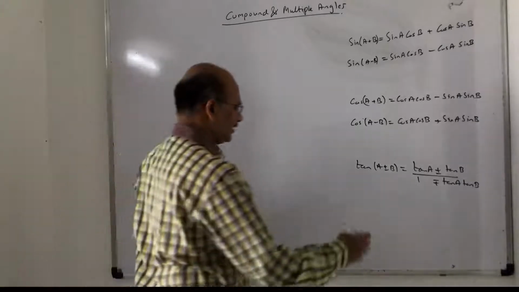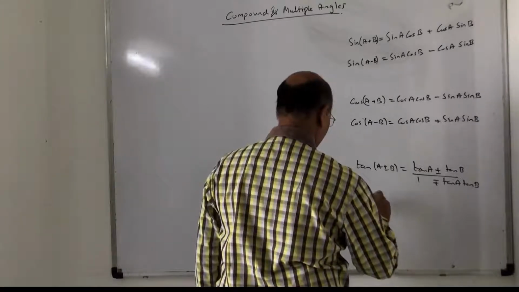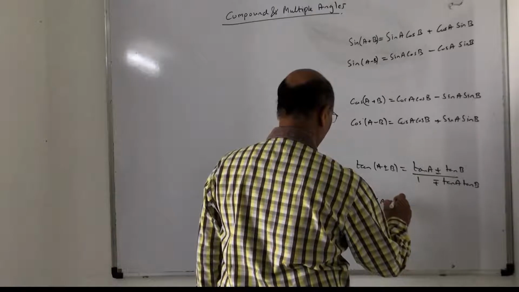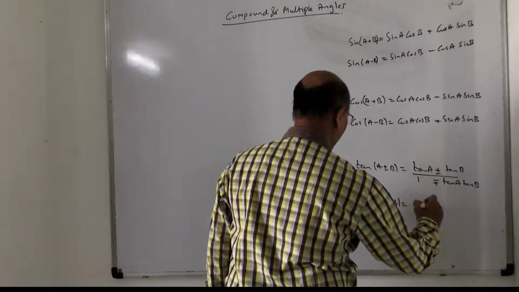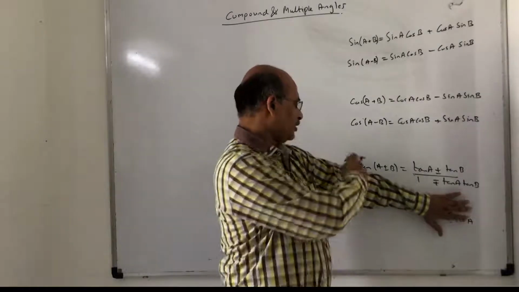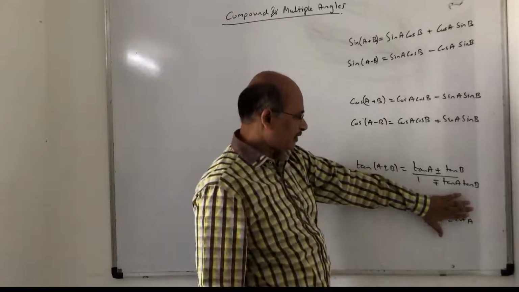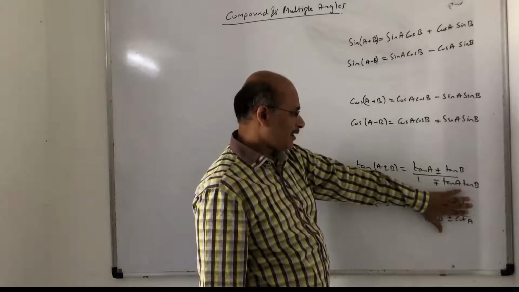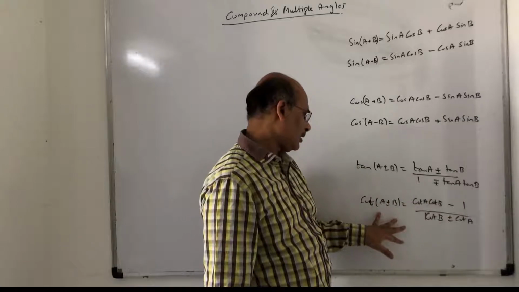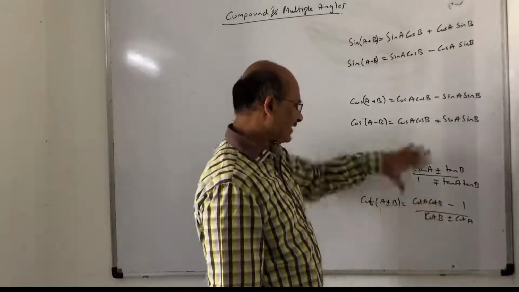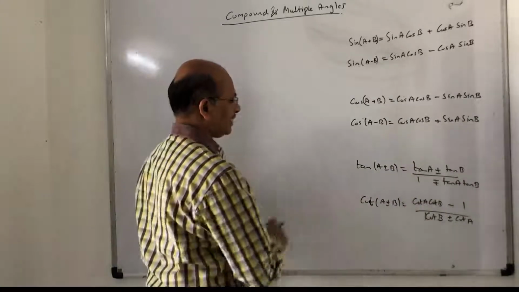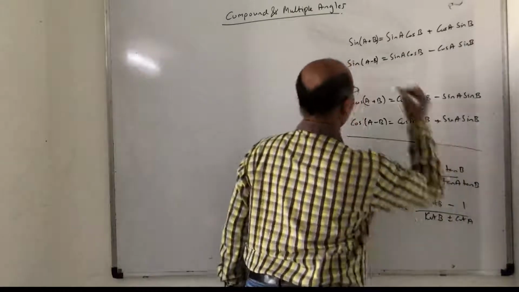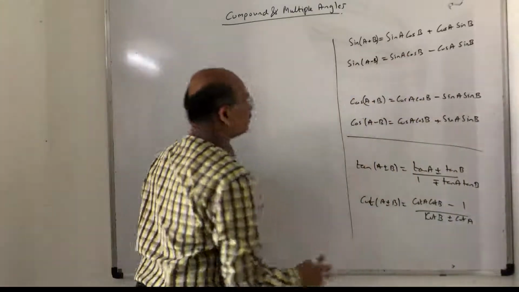Then similarly you can write for cot(A plus minus B). Cot A cot B. So children, I hope you got this point clear. Tan of A plus minus B is tan A plus minus tan B upon 1 minus plus tan A tan B, and in the same way you have the formula for cot(A plus minus B). Now these are not that standardized formulas. These two formulas are a very important set. I just make you understand.